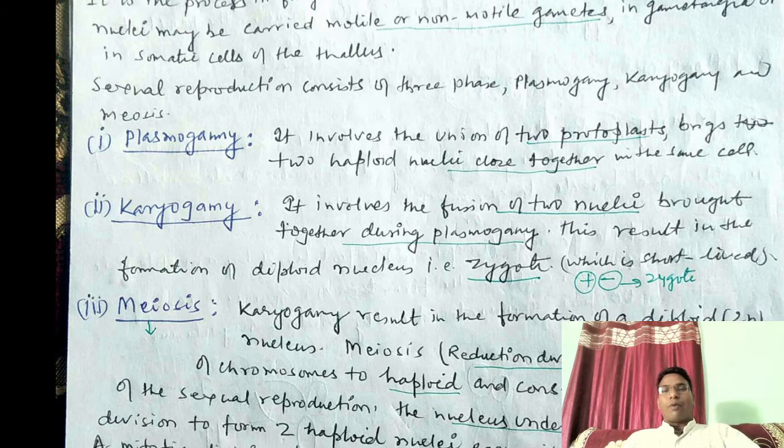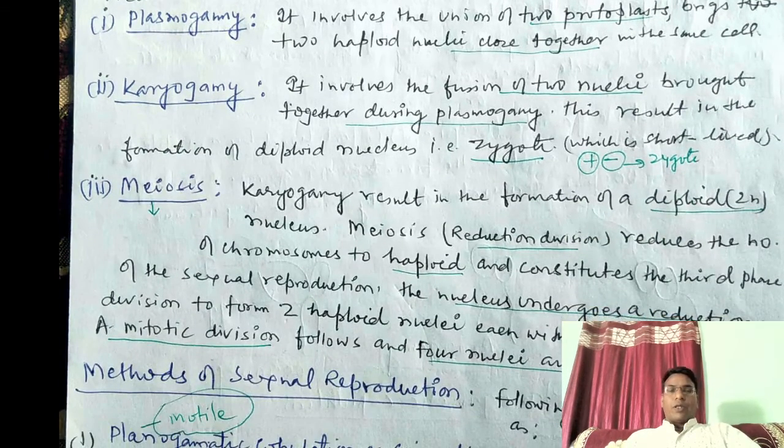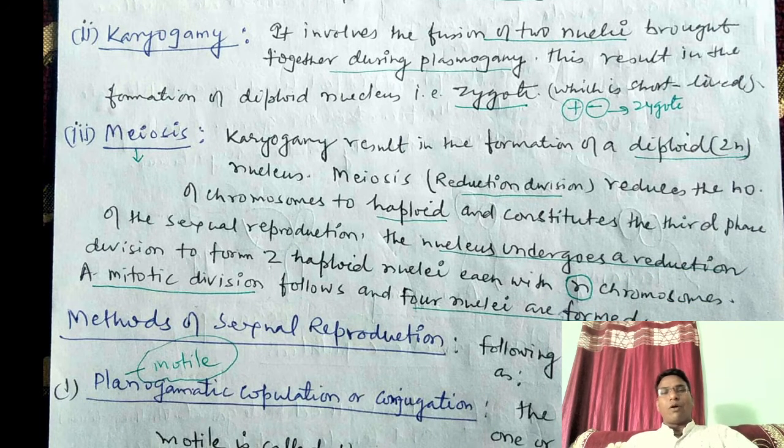The third phase of this reproduction is meiosis. Karyogamy results in the formation of a diploid nucleus. Meiosis, that means reduction division, reduces the number of chromosomes to haploid and constitutes the third phase of